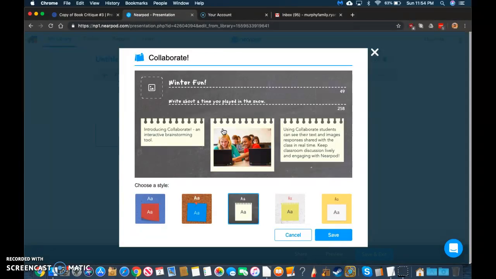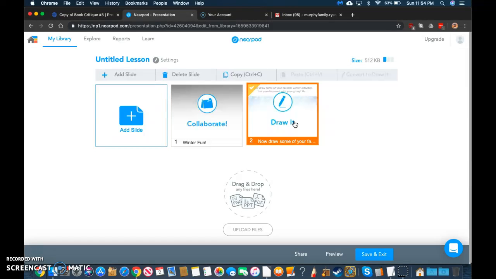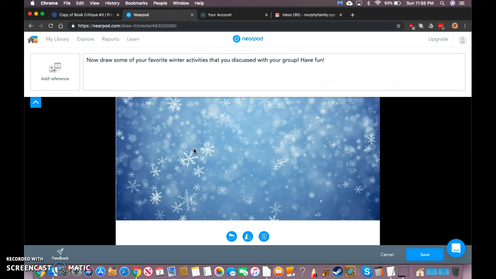The ways I've come up with divide the writing process into 2 steps, a brainstorming session, and then illustrating the ideas. So here, they could work together to come up with a bunch of ideas for what they could do in the snow or what they enjoy doing in the snow. And then, using this activity, draw it,